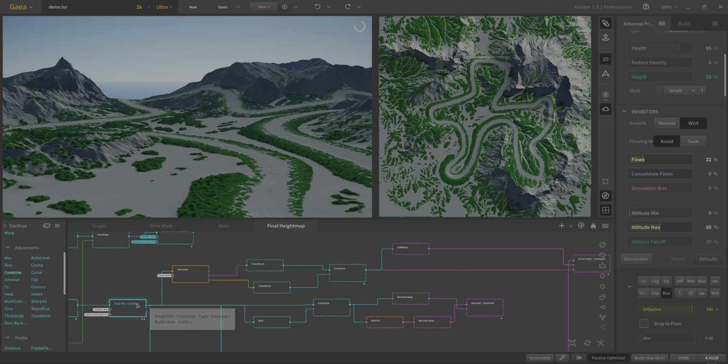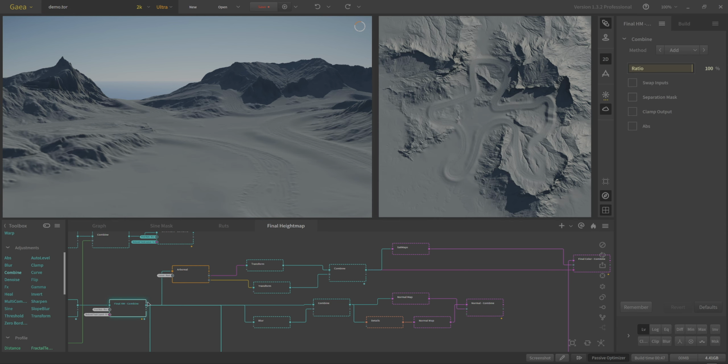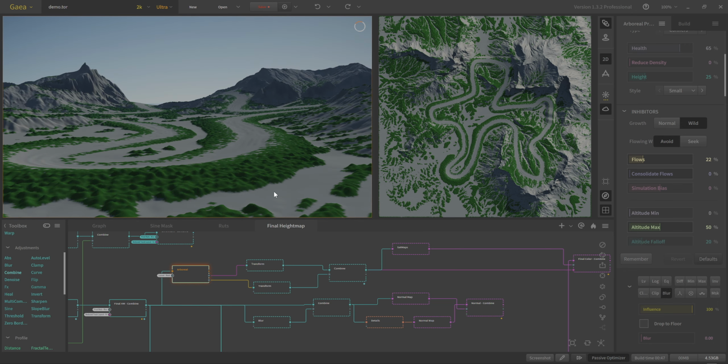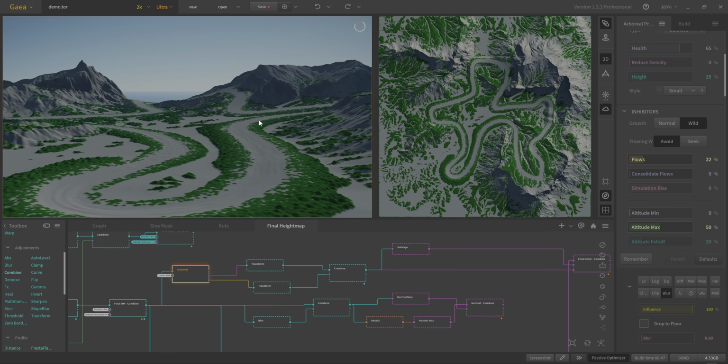So I take our height map, drag it out to the arboreal output node, and then I inhibit the arboreal with the layout mask